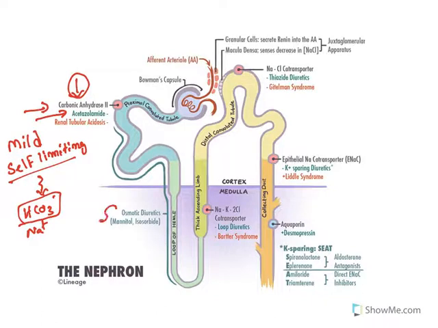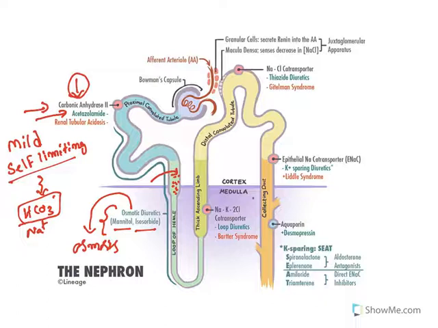After that you have osmotic diuretics, mannitol and isosorbide. As the name indicates, they act by the principle of osmosis. When these drugs are taken, they will get into the tubule. They increase osmotic gradient of this tubule. Because osmotic gradient is increased, water will also be taken into the tubule and it goes out of the body. Hence they are known as osmotic diuretics.